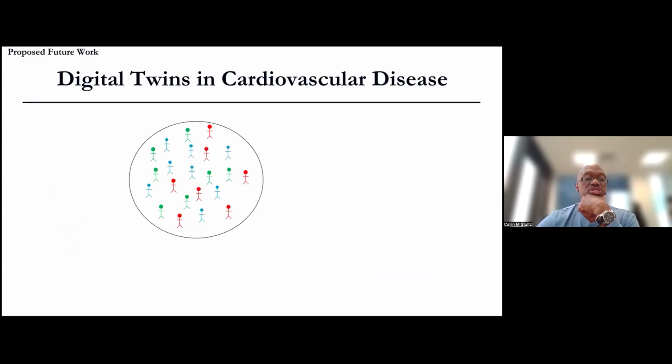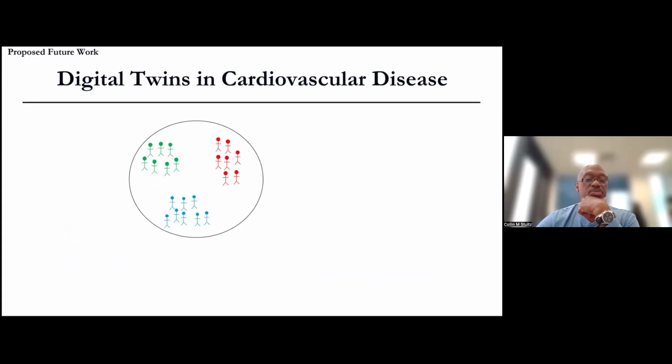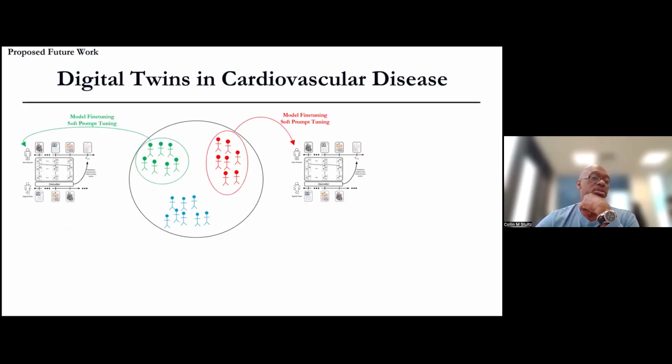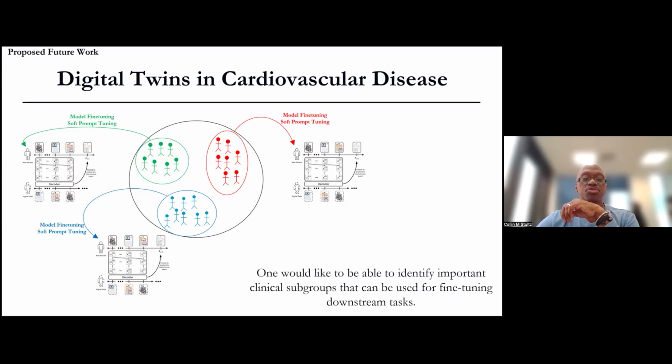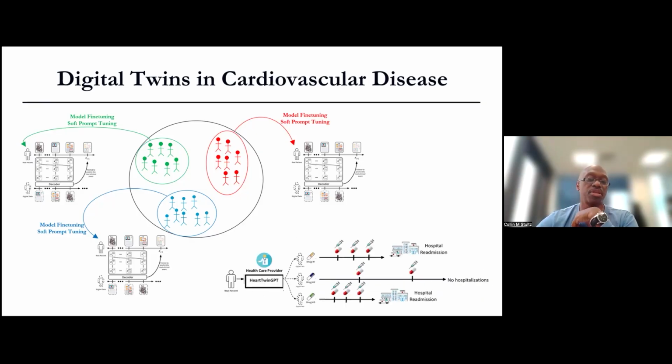What you'd like to do is take these patients, identify the subgroups, and then you can design different generative models for each of the subgroups, potentially using soft prompting or some other formalism. So one would like to be able to identify important clinical subgroups that could be used for downstream tasks, and then have specific models for each subgroup. And I think that's the case where it would be most useful. So now I'm going to talk about some work in the group that's being done by Nassim Utafoli, an exceptionally talented computer science graduate student in the group.